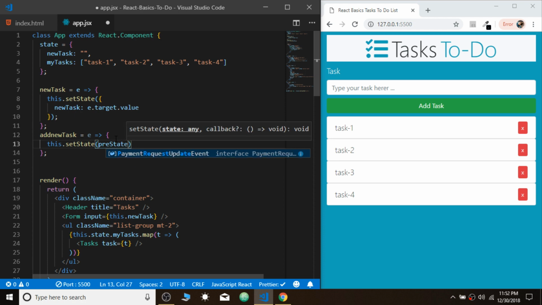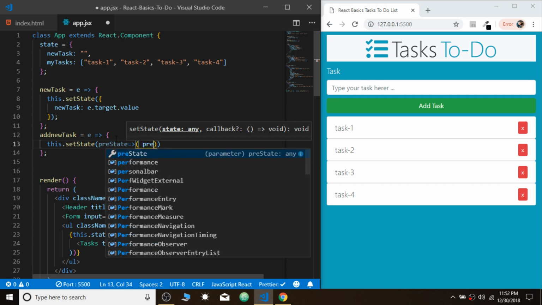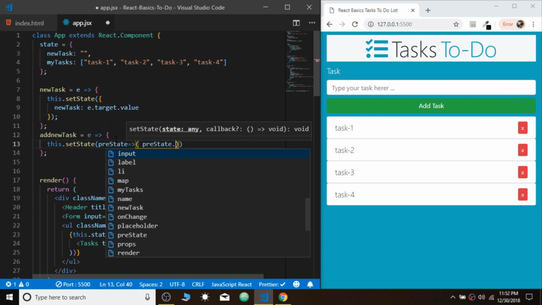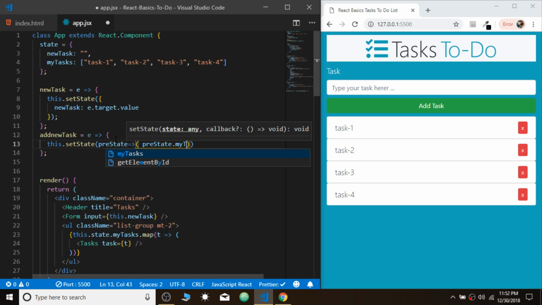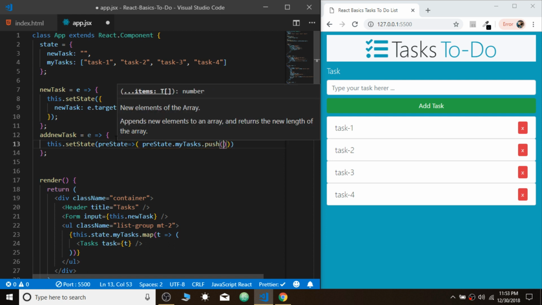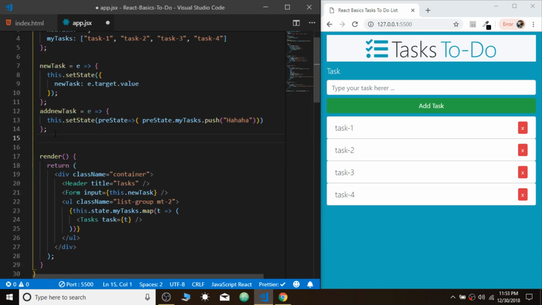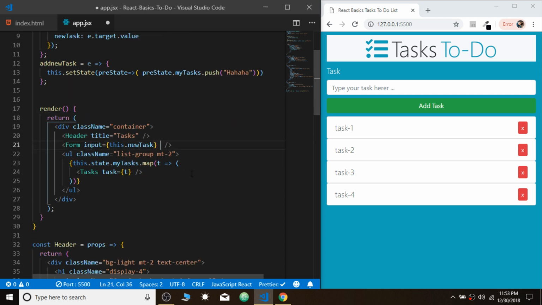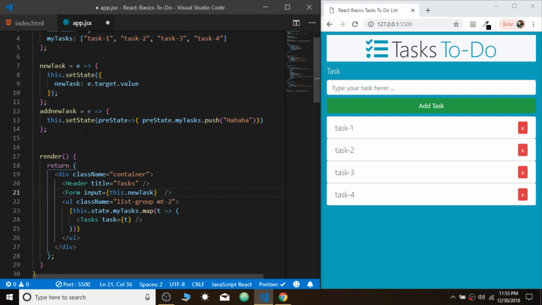Oops, sorry. And that is a callback, and what I'm gonna do is prove state dot my task. So I'll be using the push method to push into the array, and what we want for now, I'll just push, I don't know, ha ha ha ha. Okay, and we want to assign this to our form. So here, what should I say, add